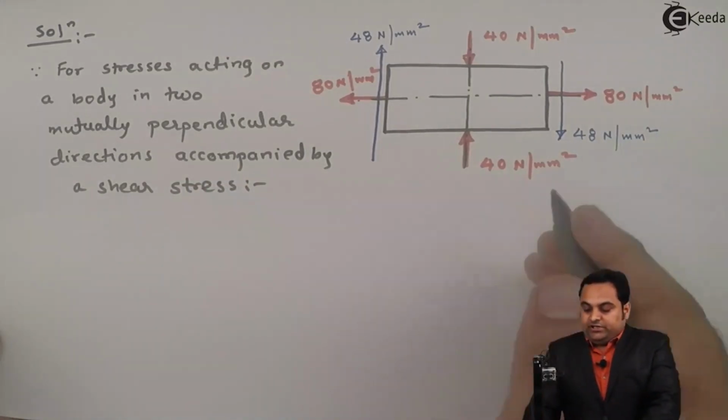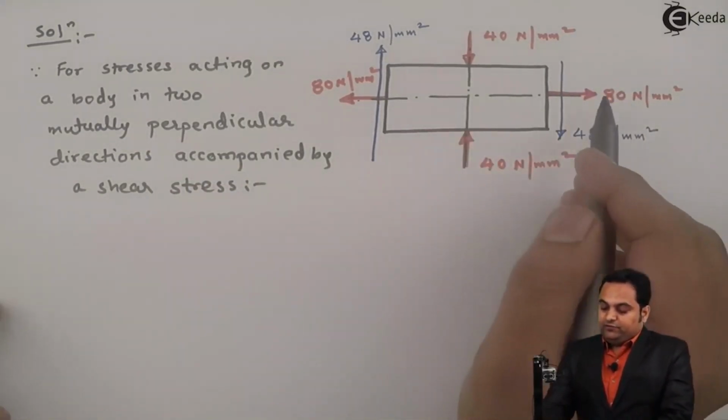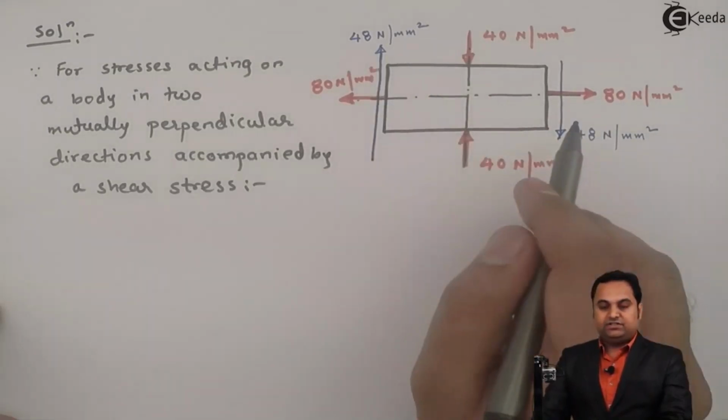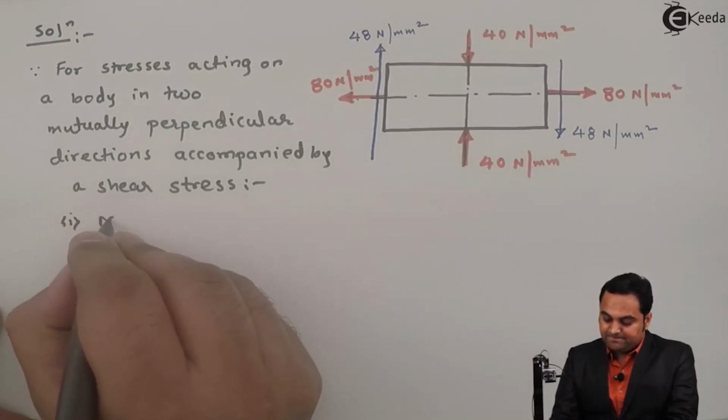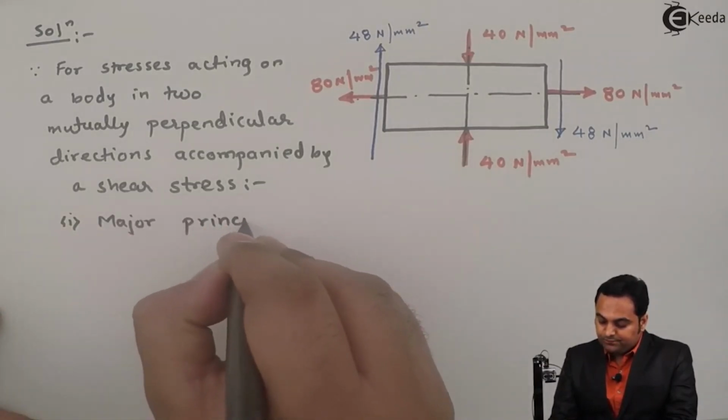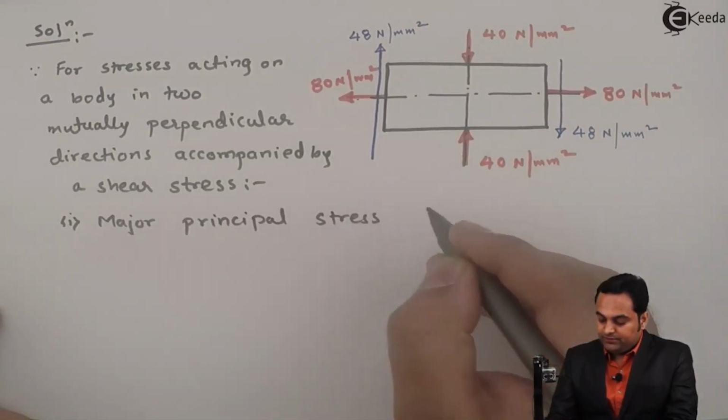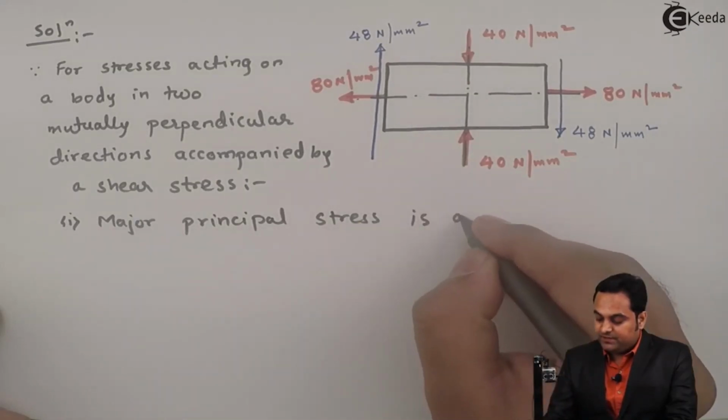Now for such a condition, which is given in the problem where we have two mutually perpendicular stresses and shear stress, the first thing is the major principal stress. The major principal stress is given by